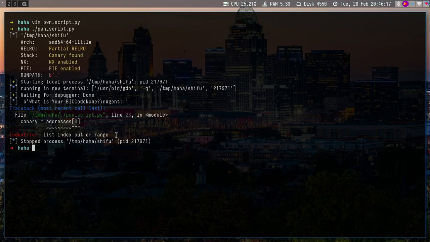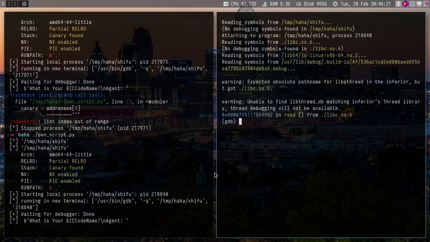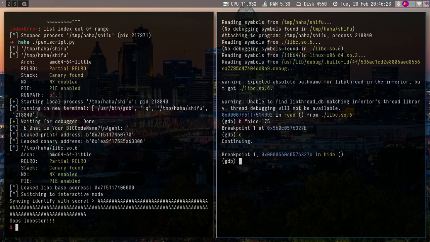That stopped because the list is out of range, so we need to do that quickly. So we are just going to break at hide plus 175, continue. Then you're just going to set the disassembly to Intel, then set the pagination to off,